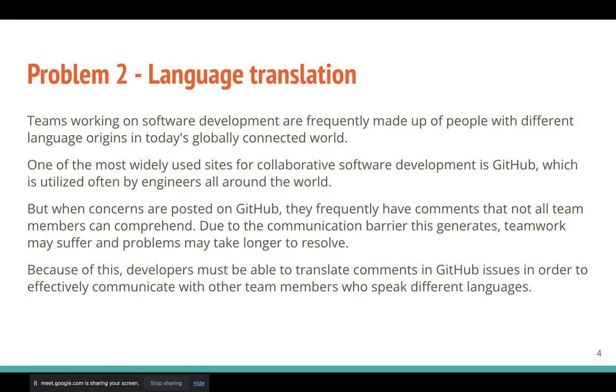Now, the second issue is with translation. In the world today, we see that developers can contribute to open source projects from around the world, no matter where they live, from China to US to Japan to Europe to Nigeria, and there is usually some sort of language barrier that comes into play. So, to prevent that from happening, developers should be able to easily translate comments without having to leave the GitHub